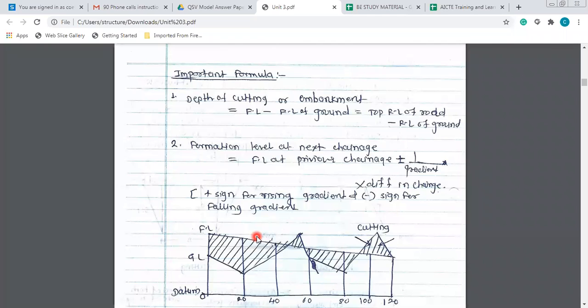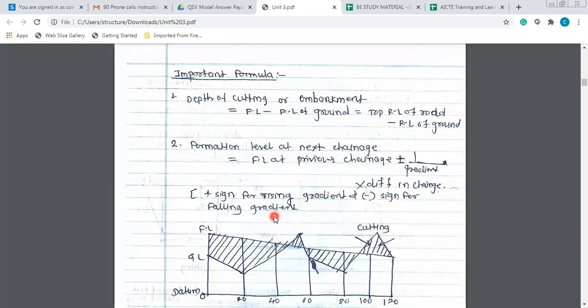The average salary of a rodman is around 10,000 or 10,000 plus. These are not technical experts, at least the rodman is not. The total station operator is the technical person. He may be a diploma or degree holder, or any other expert, but he is a specialized person who can use that total station and who can mark all the readings.